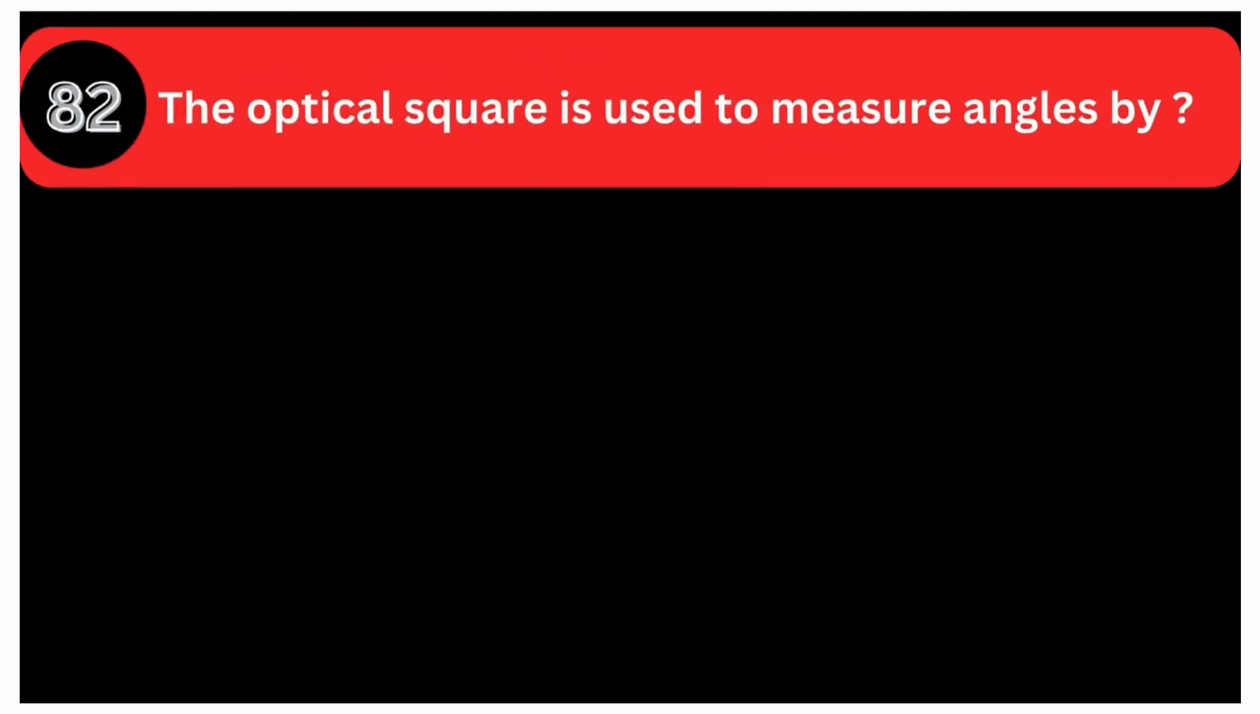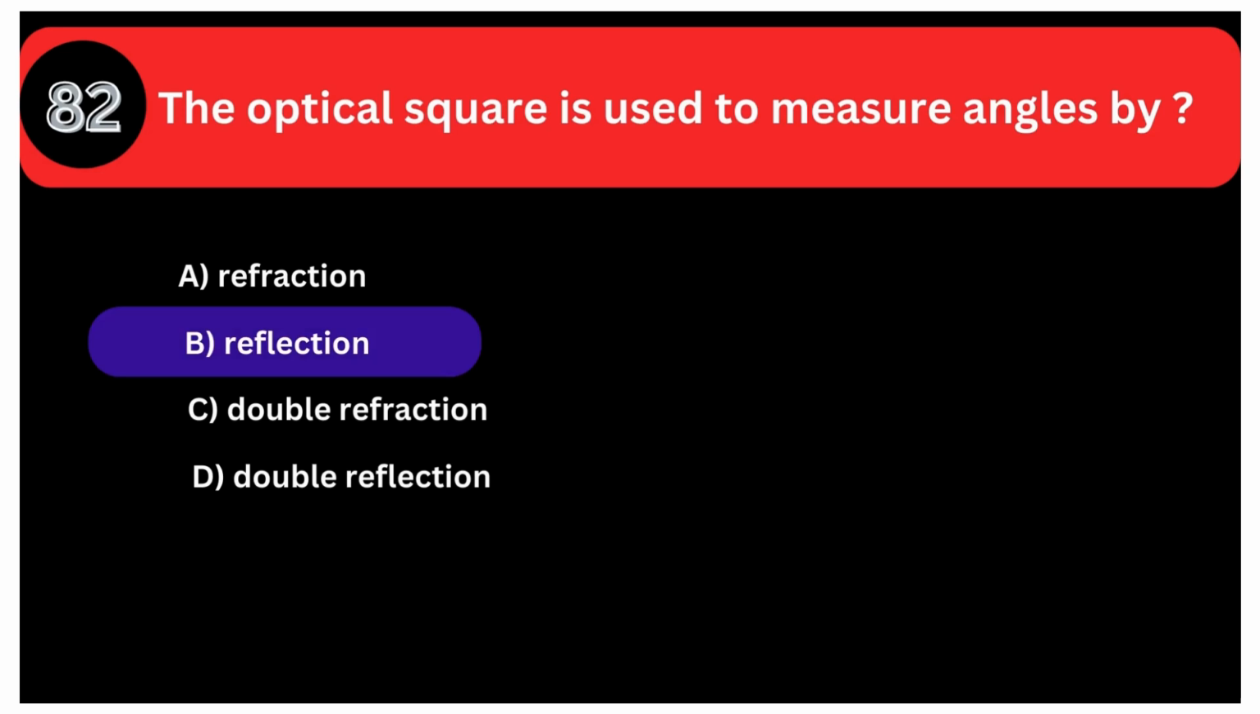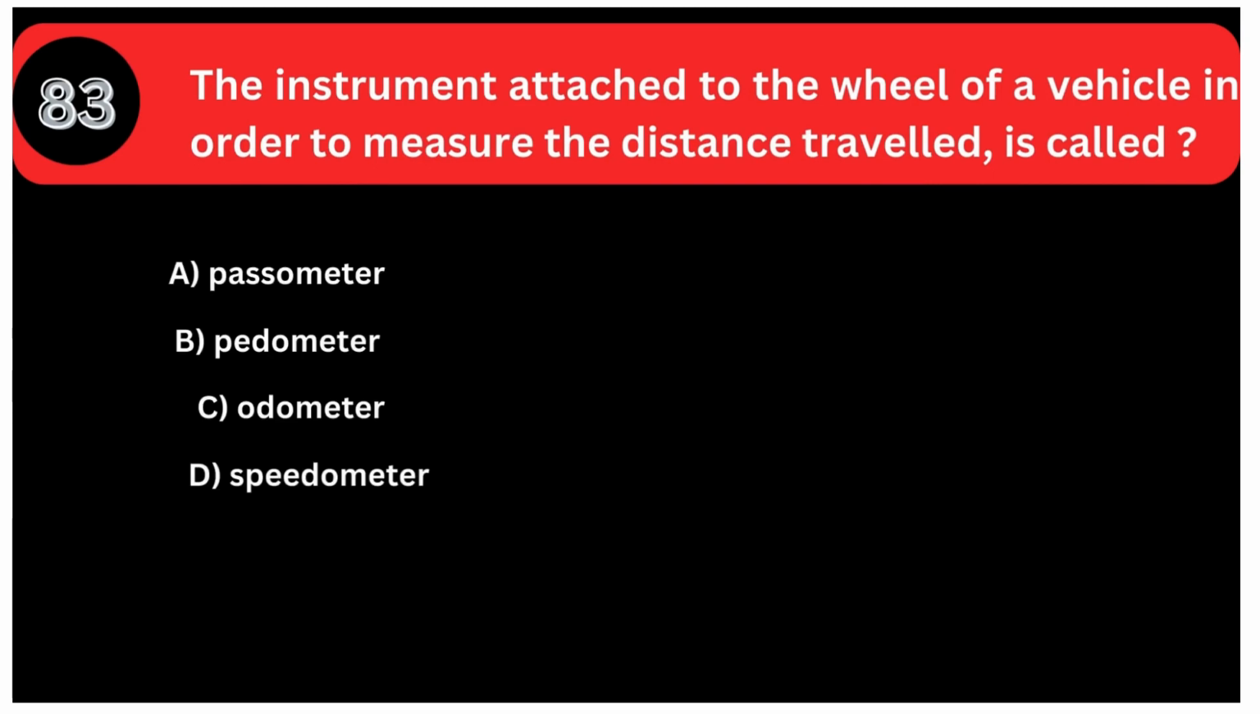The optical square is used to measure angles by. Options A. Refraction. B. Reflection. C. Double refraction. D. Double reflection. Answer B. Reflection. The instrument attached to the wheel of a vehicle in order to measure the distance traveled is